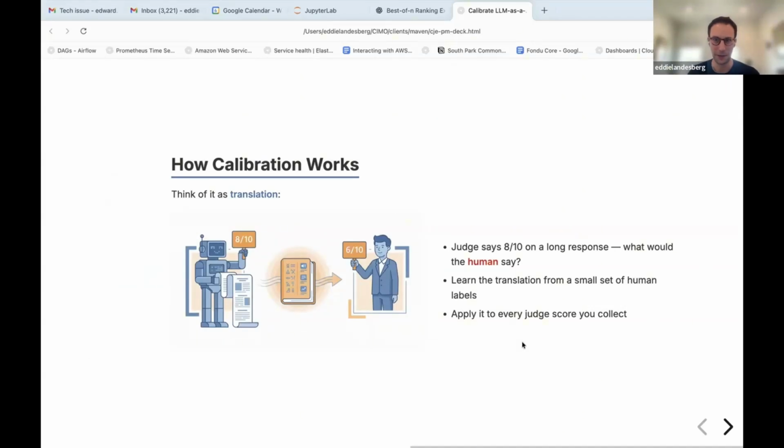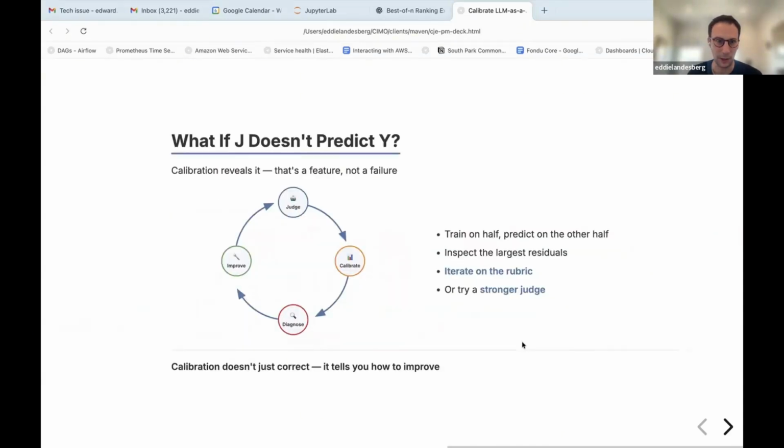And so here you can see the judge says 8, reading this long response, and the human thinks that's much less impressive. And so yeah, this is getting to Stella's excellent question directly. You definitely should not assume that your LLM judge is going to correlate well with what you care about. And one of the real benefits of calibration is that it'll keep you honest in acknowledging the extent to which you can learn something about what humans would say just using the judge.